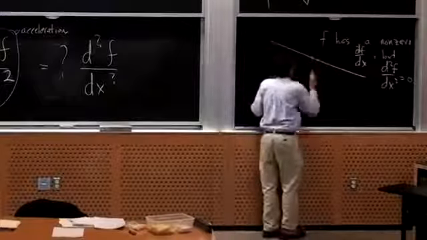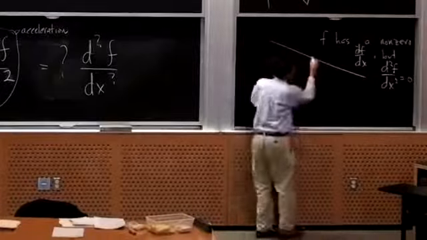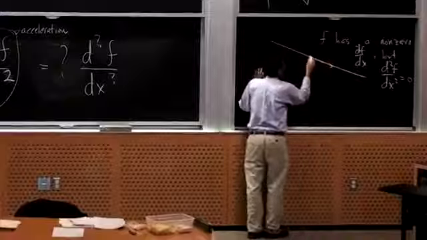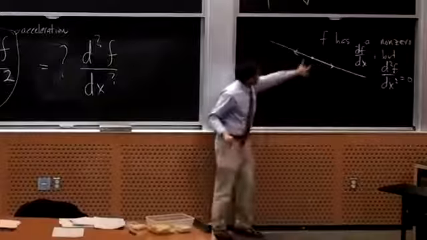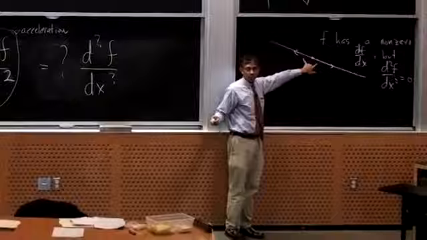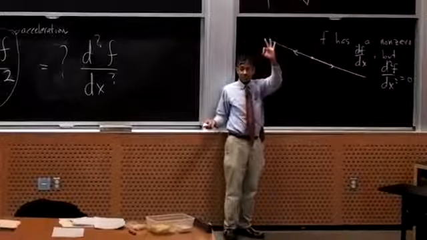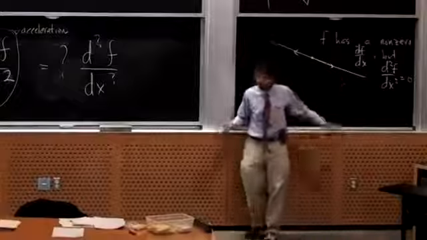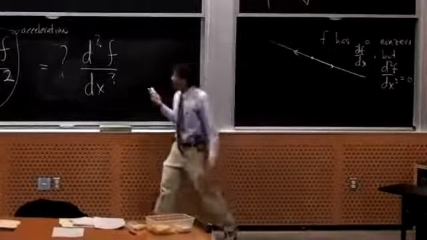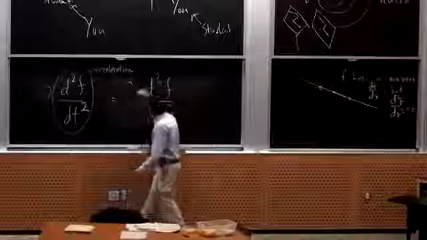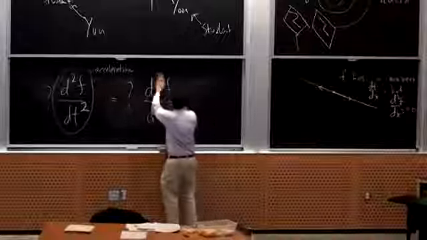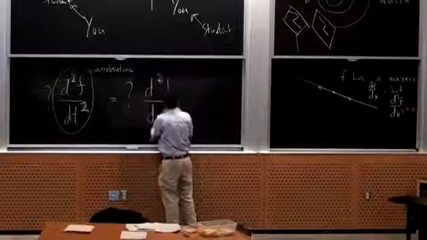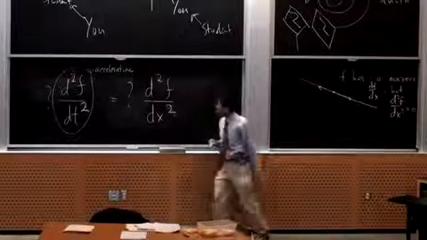Okay, well, here is a point. There's going to be a force on it from that end and that end. And what's the net result of these 2 forces? 0. Right? So when the second derivative is 0, in this case at least, we would like the force to be 0. Okay, which means that force has to be connected to second derivative of position. Okay, so we got that.